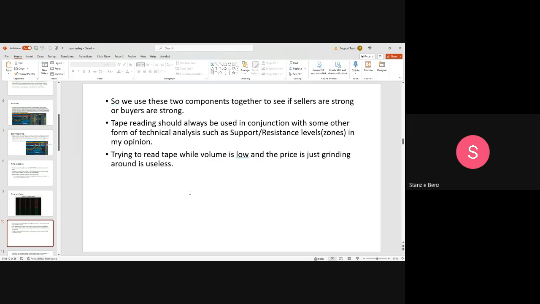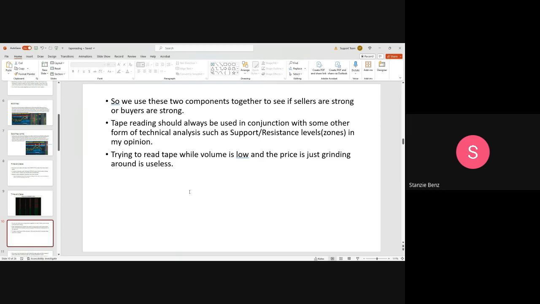Trying to read the tape while volume is low and the price is just running around is also useless. So that's why I trade in the mornings when volume is high, and in power hour when volume is high. My intraday trades aren't based as heavily on tape. They're based on other aspects I look at. So almost 90% of my scalps will be during the morning